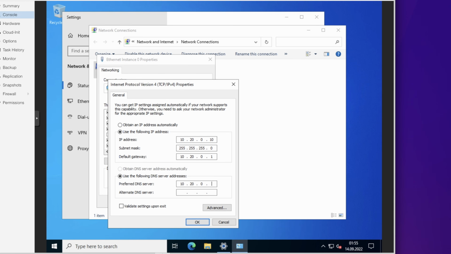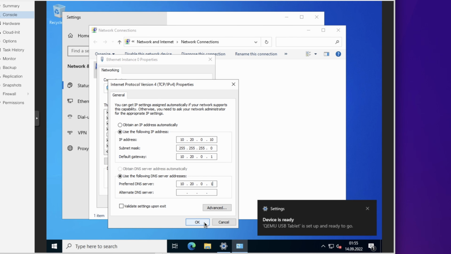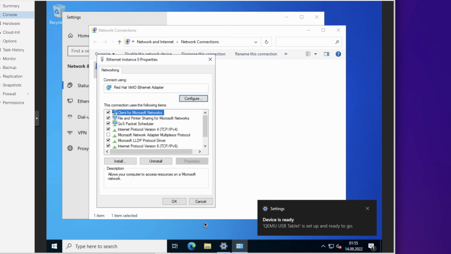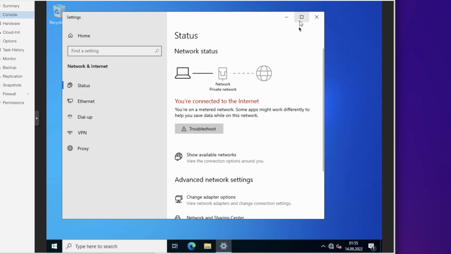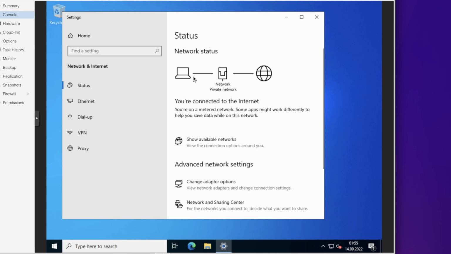255.255.0.0, but all these settings are different for your network anyway, so just please enter whatever is needed in your network and set your gateway and DNS IP address according to your networking setup. And when you configured all of this correctly, you installed the drivers, you gave this a static IP and configured your gateway and DNS, the Windows Server should now be able to connect to the internet. What you can then do is do regular stuff like administrating, download the Windows Server updates and all of this stuff. I've just skipped it for this video because there's one more thing I want to show you, and this